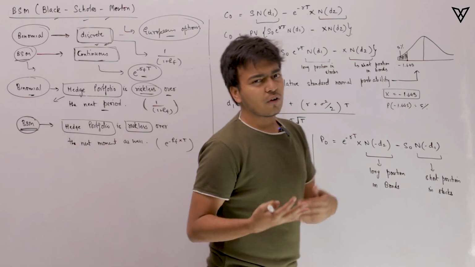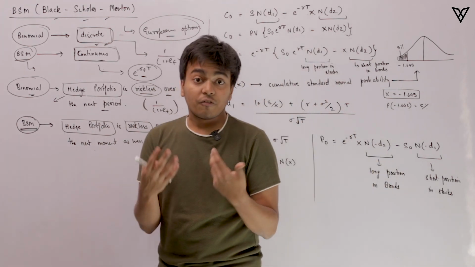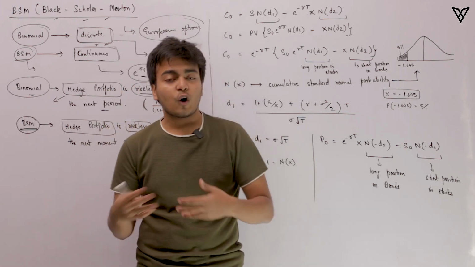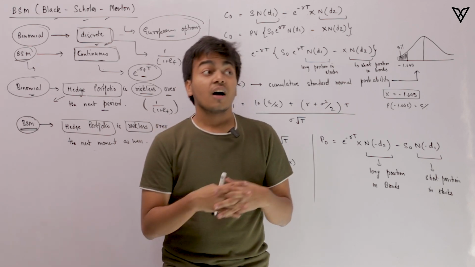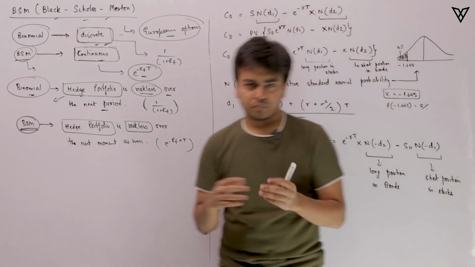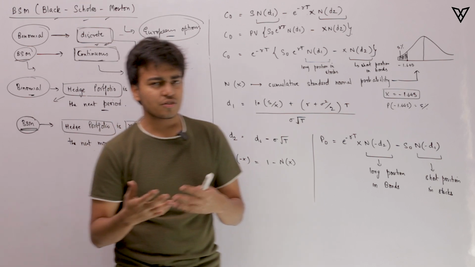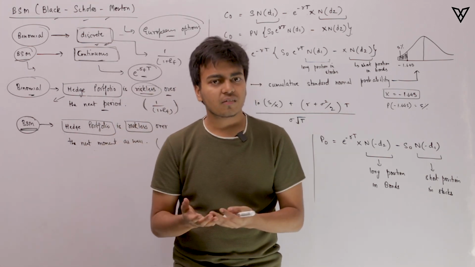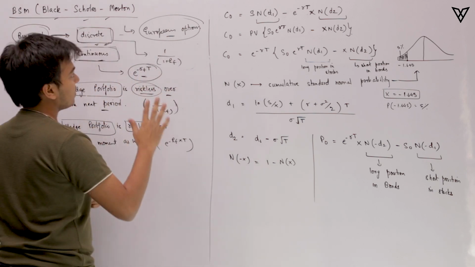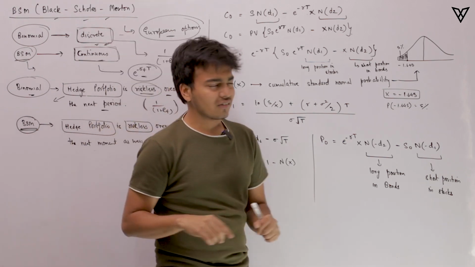Apart from that, we also have a lot of other assumptions. For example, we assume that the markets are frictionless. At the very same time, we assume that we are able to lend and borrow as much as we want at the risk-free rate. We assume that the volatility is constant and finite, and the risk-free rate is constant and finite. There are certain assumptions that you need to read through for the BSM model so that you get a good hold of it. However, we are going to understand the BSM model directly and see how exactly to value the call option and the put option using it.